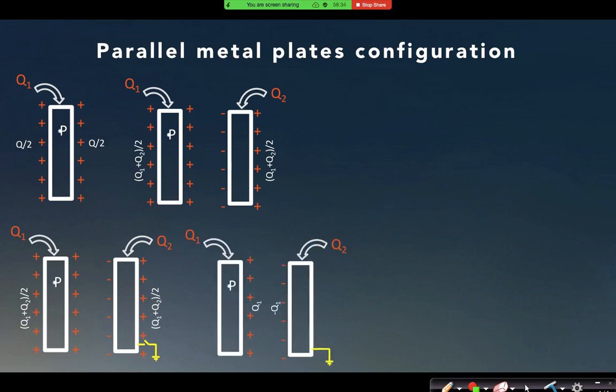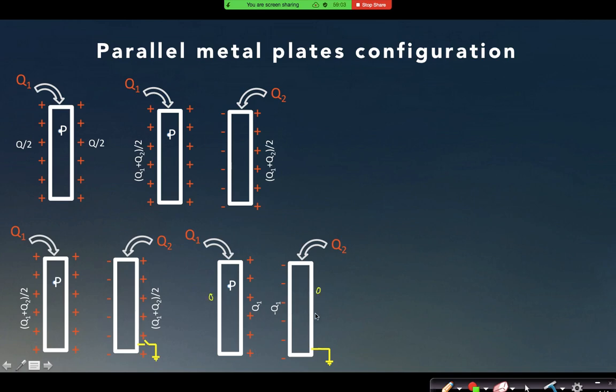As you can see, the charge configuration will now be like this. If this charge is Q1, then this charge has to be Q1 because this plate is isolated. Can you see that this plate is isolated? This plate has not been connected to anyone. So that charge should be plus Q1, but this facing surface should have a negative Q1, so this will be minus Q1. And the extreme surfaces are carrying 0 charge.